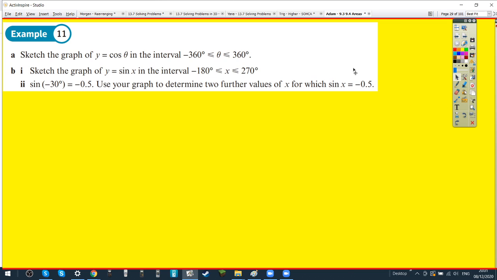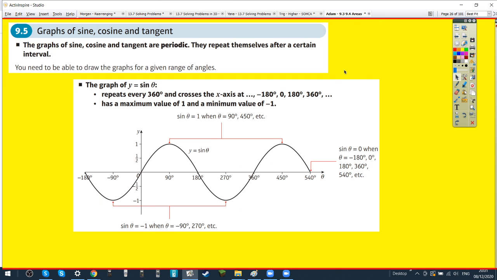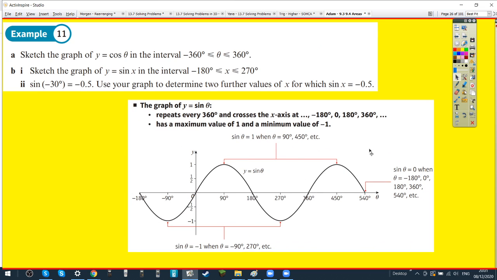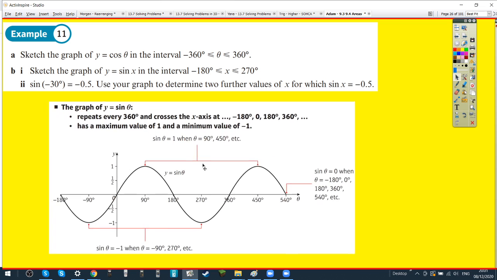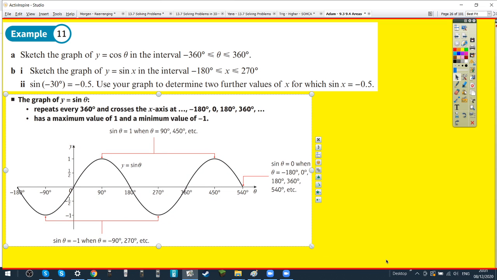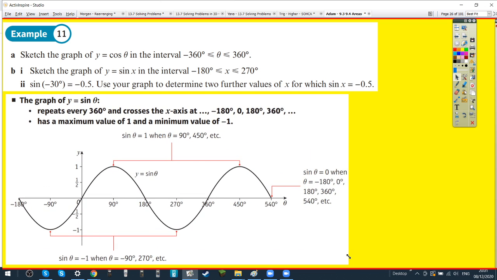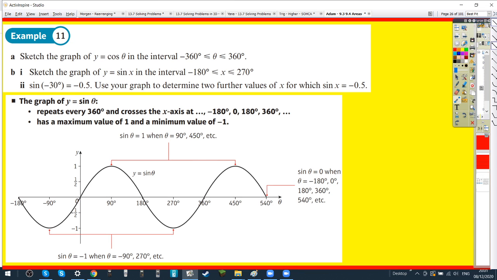So let's see. I'm just going to use this sine graph. How could you use this graph to get two more values that work? Sine of minus 30 is minus a half. So you need two more values. So minus 30 is probably about there. Yeah. And that is minus a half. Sure is. And so